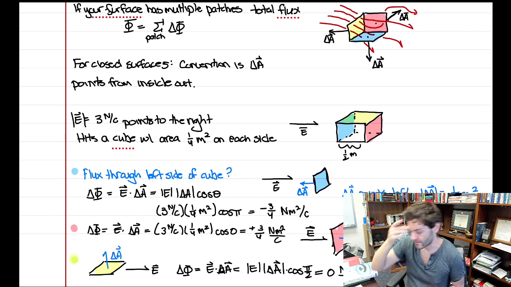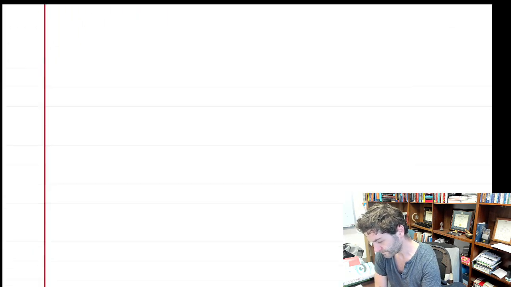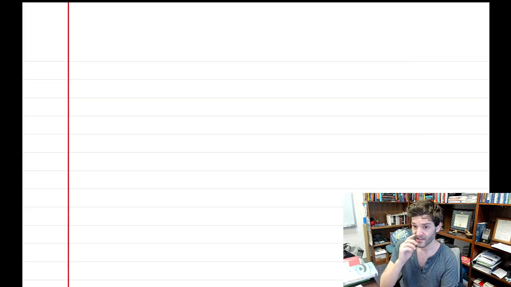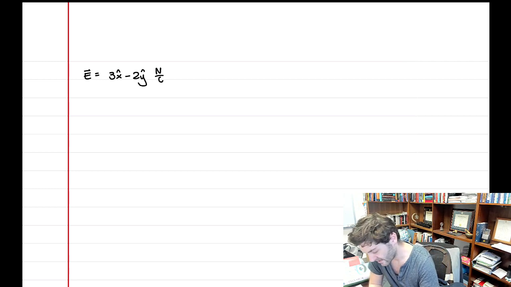Just going through, actually maybe I'll do another example of the math stuff. Now suppose I have an electric field that is given by 3 in the x direction minus 2 in the y direction newtons per coulomb. So that's some vector. It's uniform. But then I want to ask, what is the flux through a slab